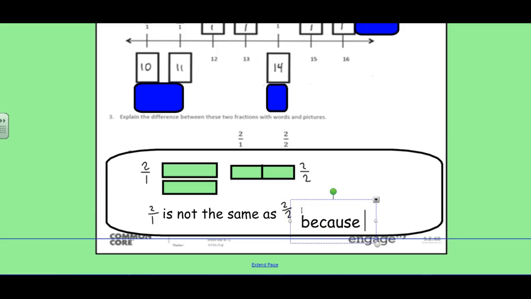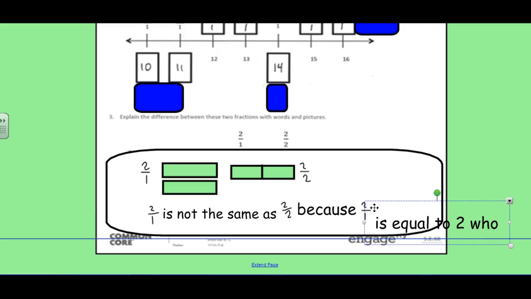Because I'm going to have to go back between writing and drawing, because 2 over 1 is equal to 2 wholes,